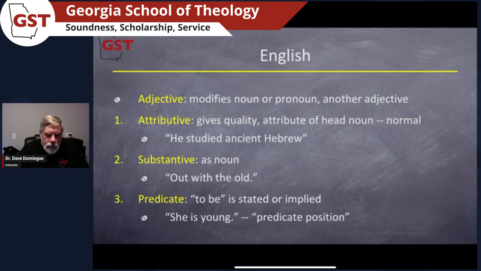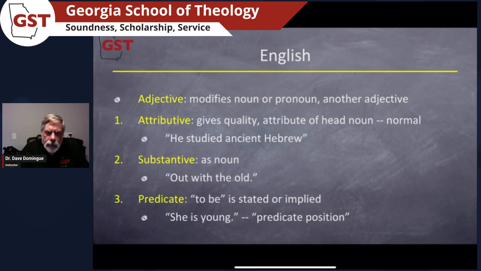The adjective modifies a noun, a pronoun, or another adjective. And that's really what it does, but it can function attributively, substantively, or predicatively. An attributive gives quality to the noun it's modifying, also referred to as the head noun. It attributes something to the head noun. Normally,